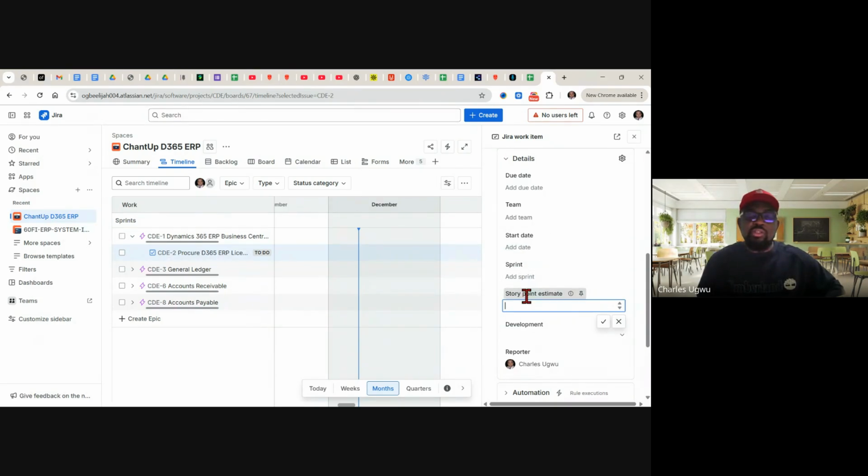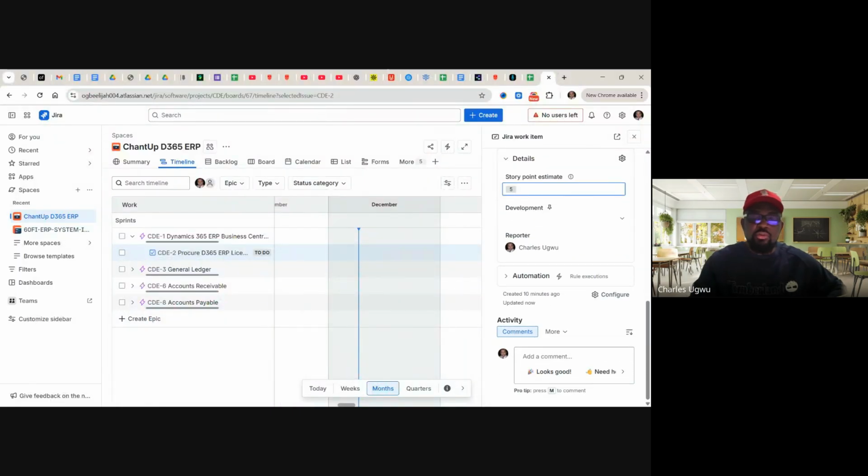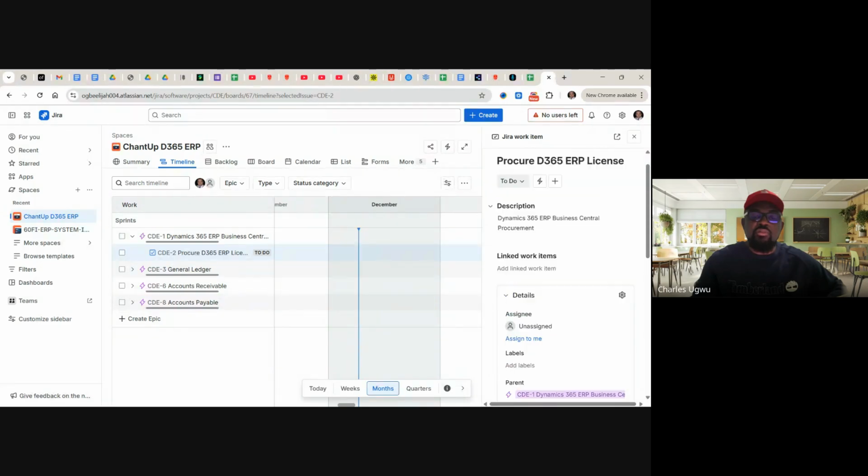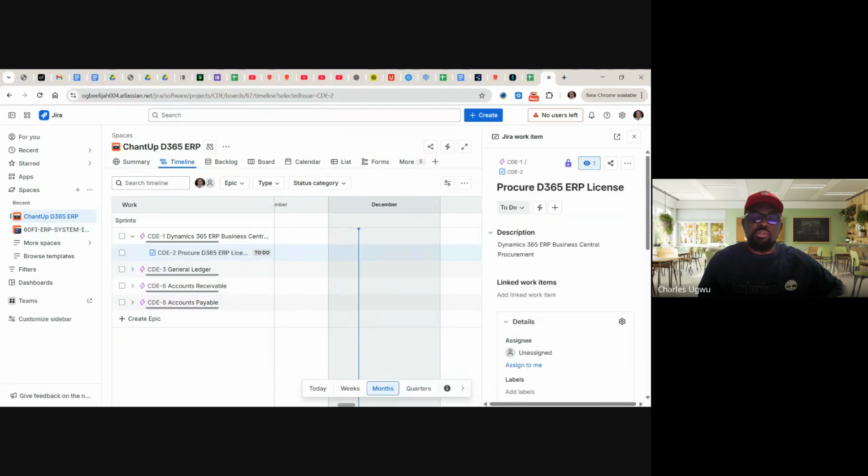The work I can do as a business analyst or Scrum Master is buying a license, which is not a big deal. So I can give it 5 story points, not buying a license. And that's it. I can say I'm done with this particular work. I've finished my refinement on this work item, and I'll come over here and close it up.